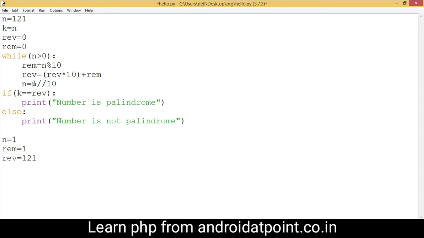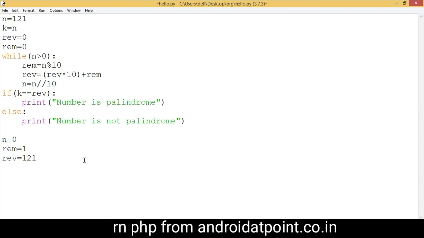Now the value of n is 1, and after divide, the value of n is 0 assigned into the n variable. And now control comes here and checks the condition. Condition is false. Now control comes here, and the value of k is 121, and the value of rev is also 121, so the condition becomes true, and the program prints that the number is palindrome.